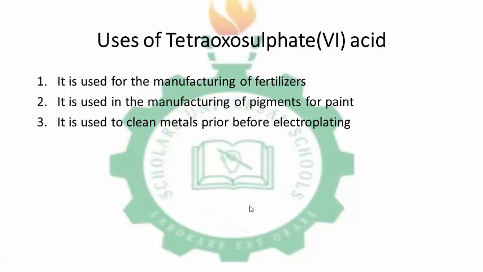Now, before we talk about this part of the tetraoxosulfate(VI) acid, I want us to mention another thing, which is the importance of concentrated tetraoxosulfate(VI) acid as a drying agent. Now, what is drying? What is the drying process all about? The drying process is just absorption of water molecules from compounds produced in the lab.